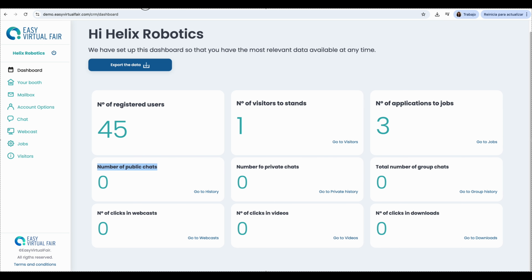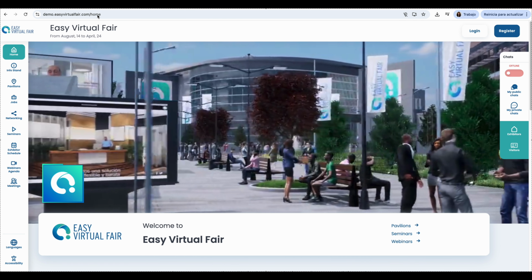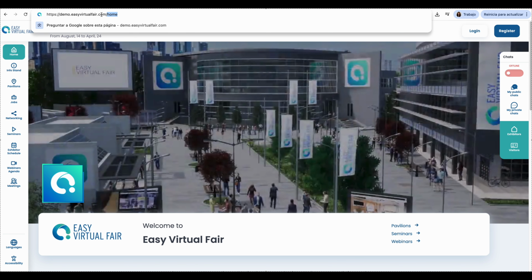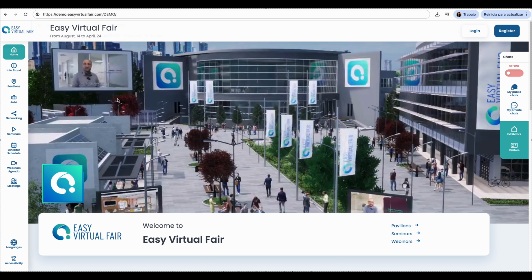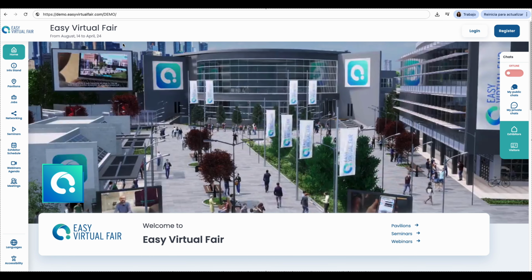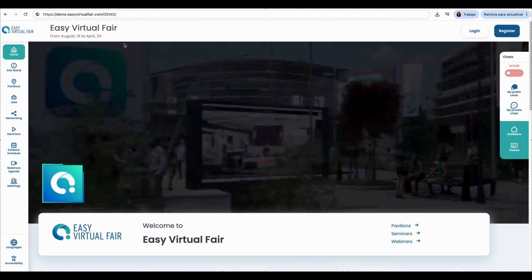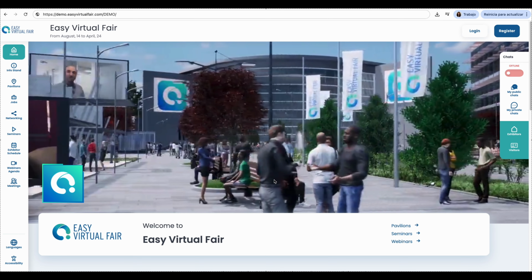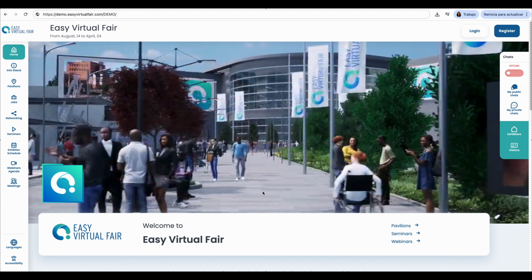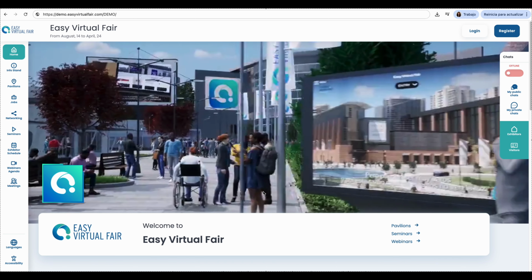Now we're going to go to the demo. This is a preview of what the fair will look like the day of the event. So this is just a demo version. It is not the live event, but it mirrors exactly what the fair will look like when it goes live. It's a way for you to go through the